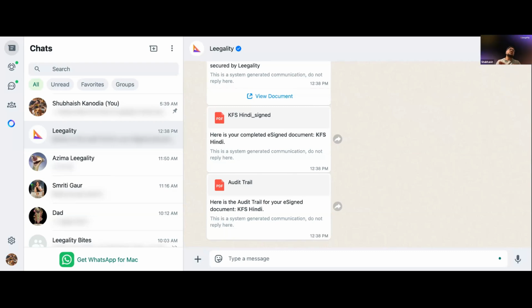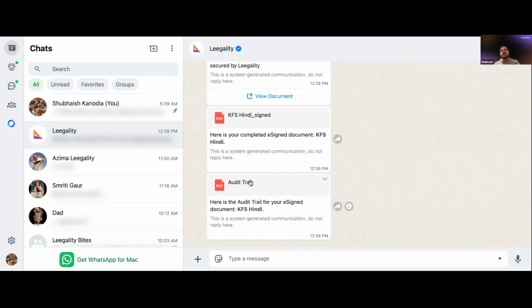Yeah. So I will also show you some of these features that Aditya just spoke about, other forms of e-sign methods, some security features that we discussed. But for now, if you'll see, I've received the PDF itself on WhatsApp, which is very convenient, right? Because then you don't need to click a link, go to some URL, and then access that document. It's always handy as a PDF within your mobile.